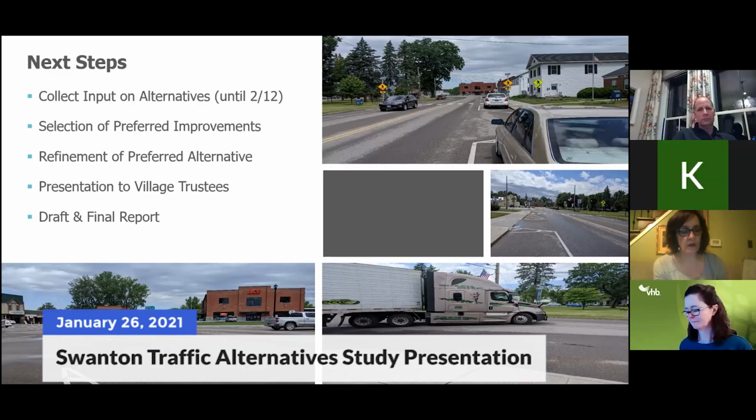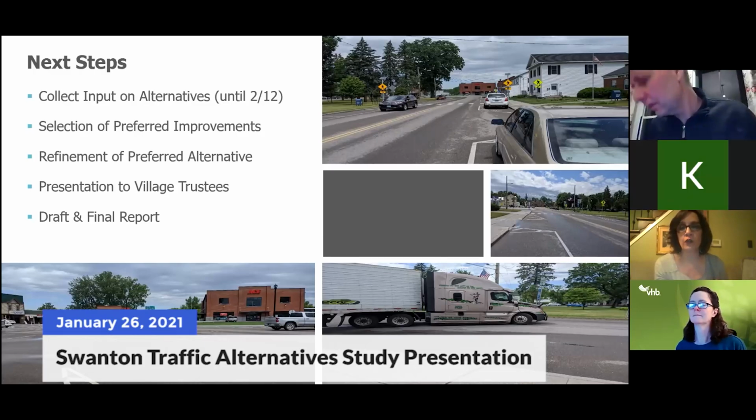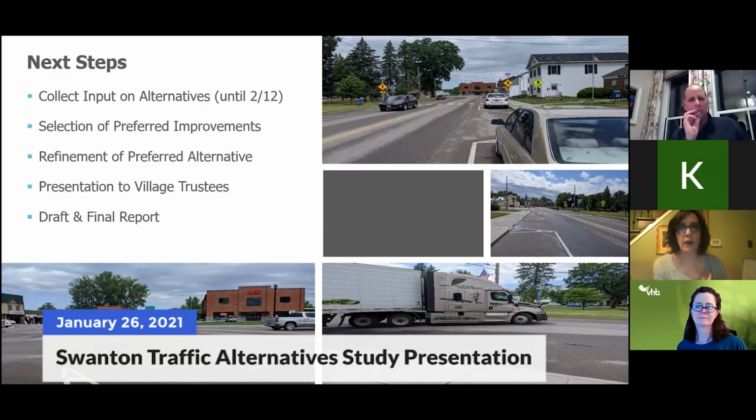The other thing I'll say quickly is that putting this report, whatever it looks like, on a shelf, to me is not an option. We do that a lot, or we have done that a lot in the past, and I really am committed, and I think the community is committed to doing something in this area that makes it safer for everybody who travels in it, to it, around it, who has avoided it because it's just a weird place to go through. So I appreciate everybody showing up virtually,